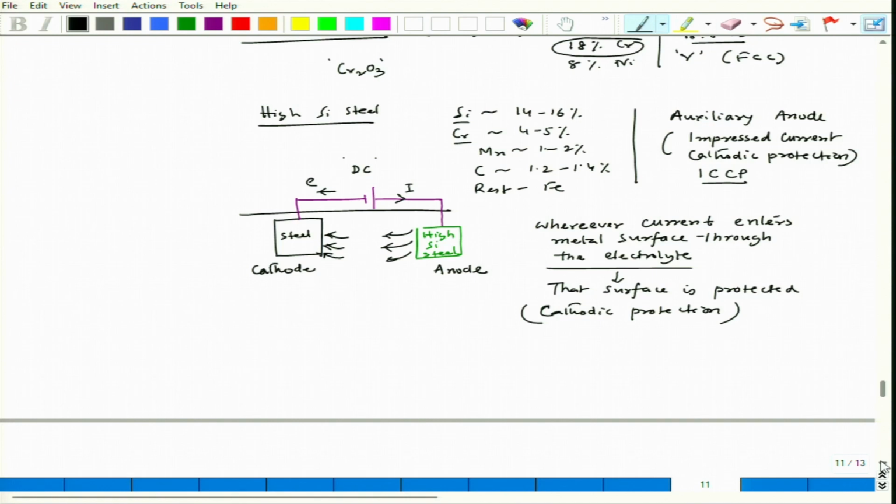So, for example, if the locality or the region, geographical location where electricity is cheaply available, at that time we can definitely go for ICCP and auxiliary high silicon anodes. But now one can also use graphite, because graphite is a very good auxiliary anode,